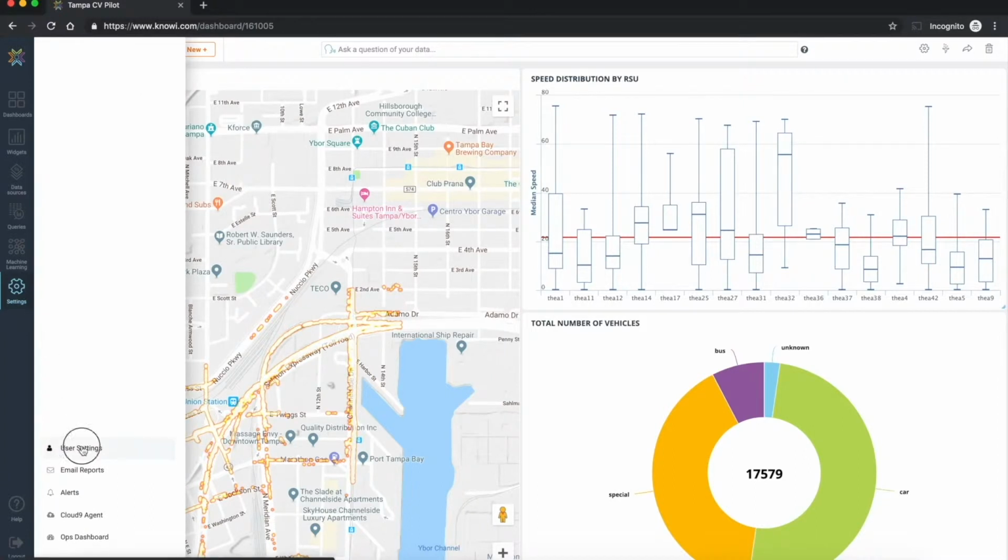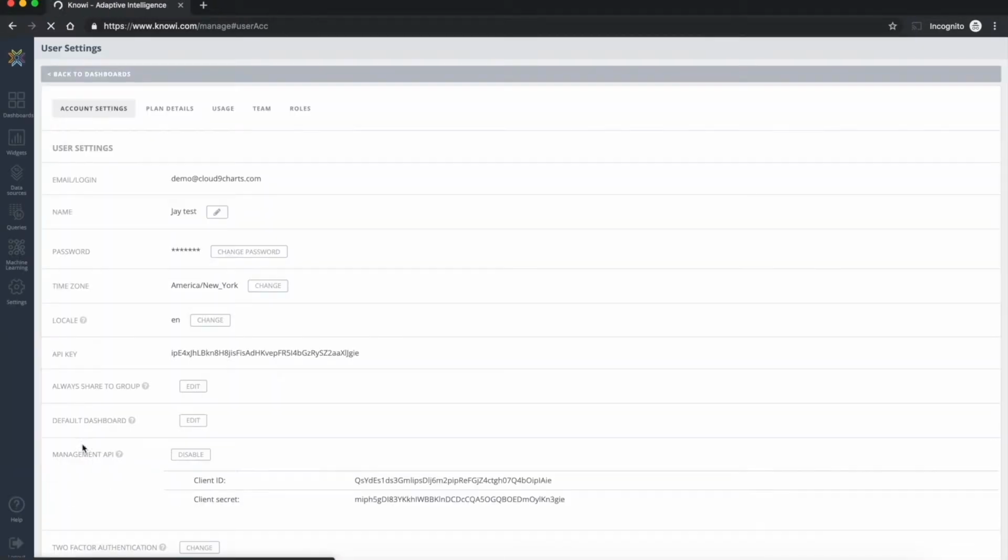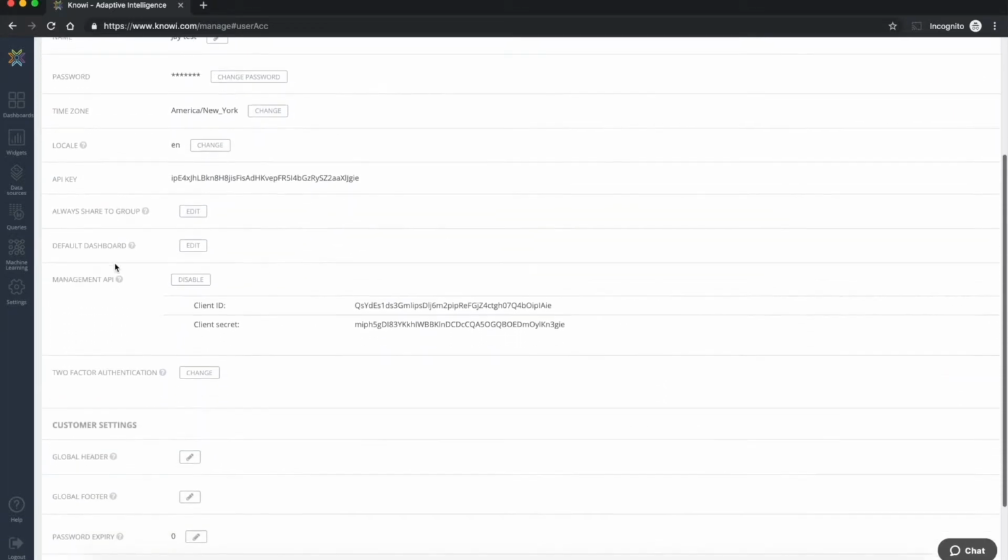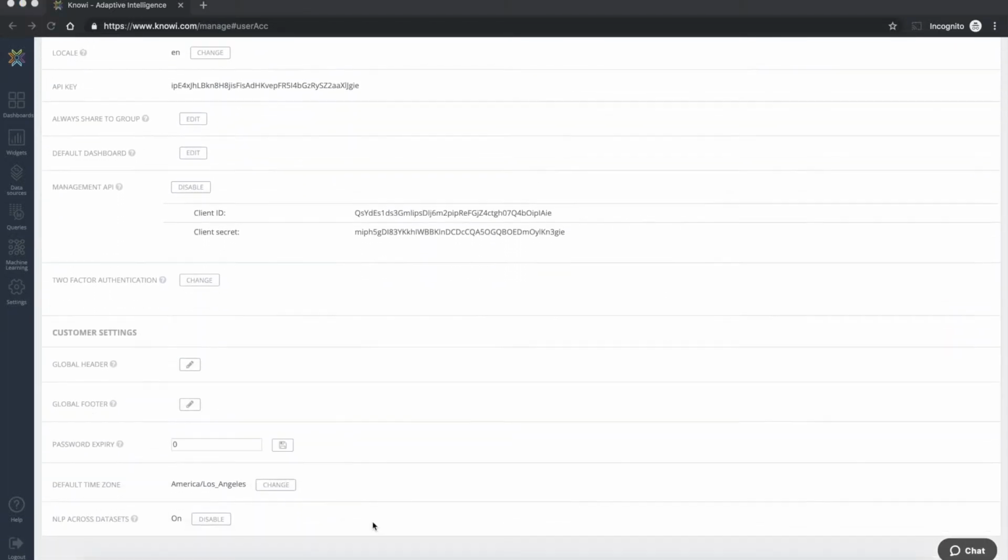then Users tab, and from within the account settings up here, scroll down to the Customer Settings section on the bottom. You can enter a value and the number of days to prompt all users in your Knowi instance for a